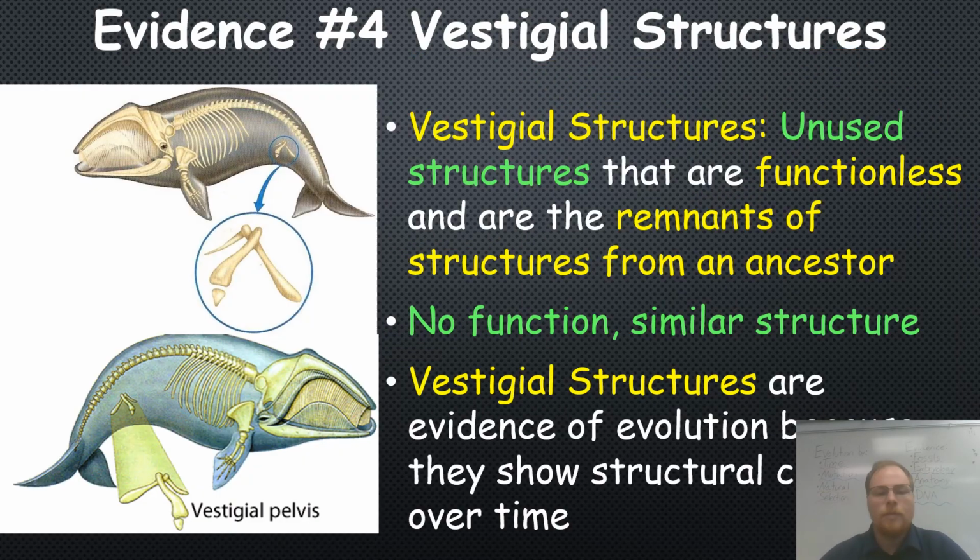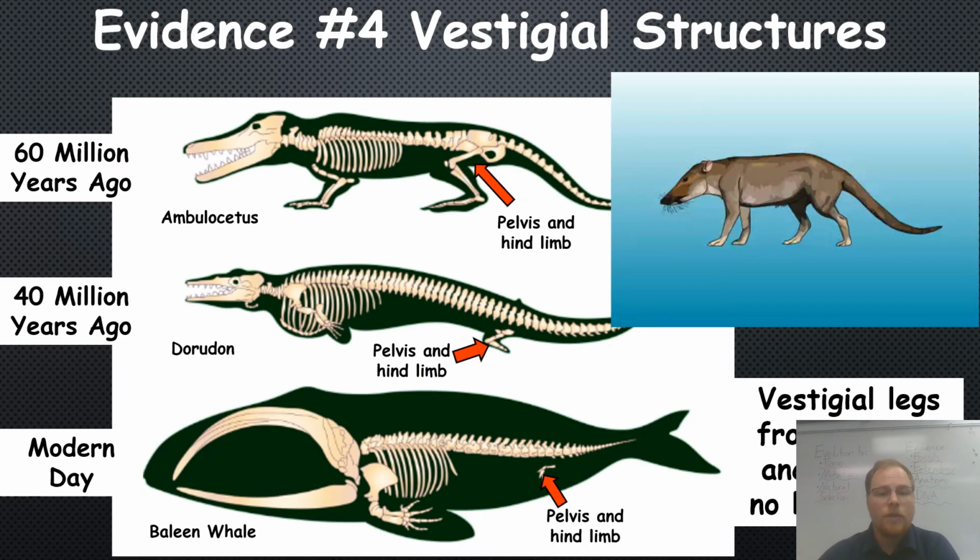lizards. Now, another example of vestigial structures is going to be the hip bones in whales. If you look right here inside of a whale, they all are going to have these small little hip bones that are just the leftovers from their common ancestors. These are unused structures and they are basically functionless, and they're kind of an indication of remnants of a common ancestor. In the example of whales right here, you have